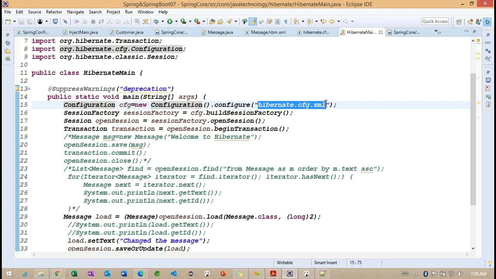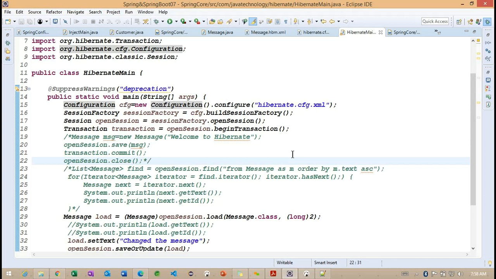After this, we need to discuss some of the callback interfaces. What are the callback interfaces we have here? Something called the interceptor, which plays a very important role for the callback. Along with this, we have Lifecycle and Validatable, so three in total. Using these three callback interfaces, we'll see how the callback methodology works. We'll have a simple example on the interceptor so that we can understand how this callback methodology works.